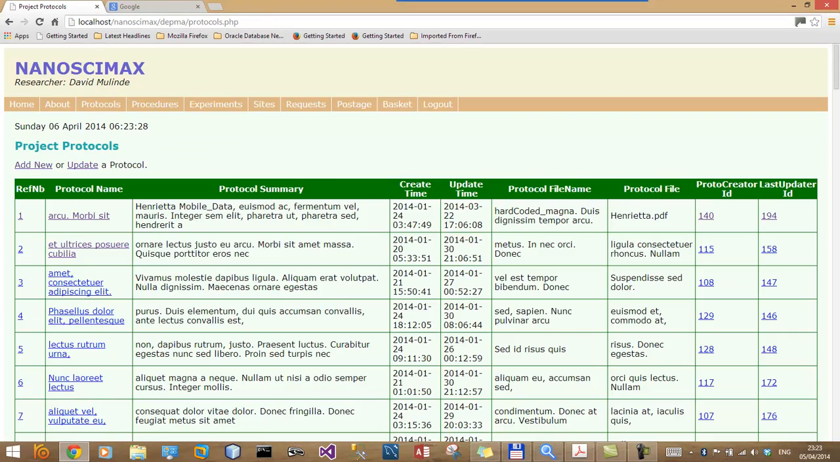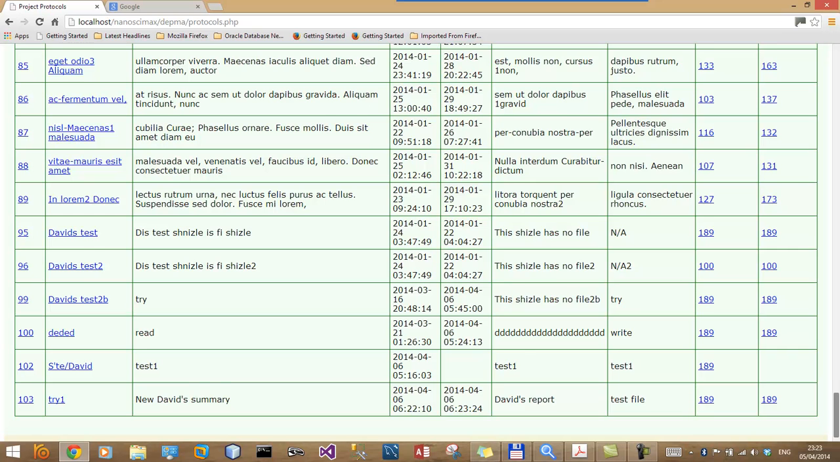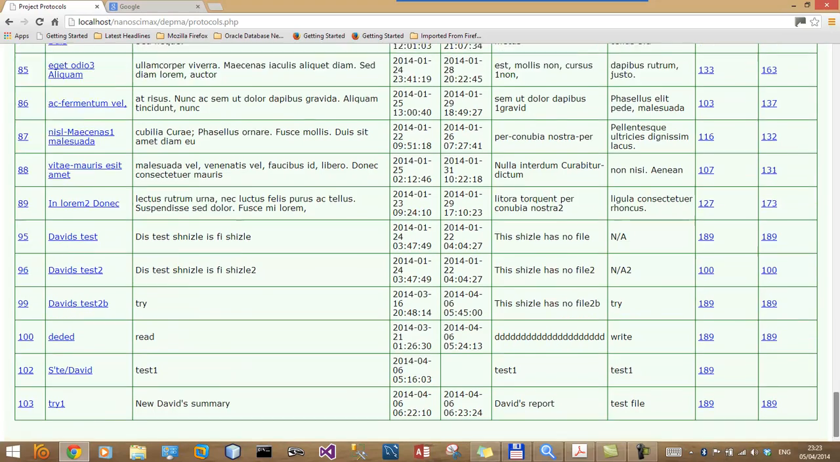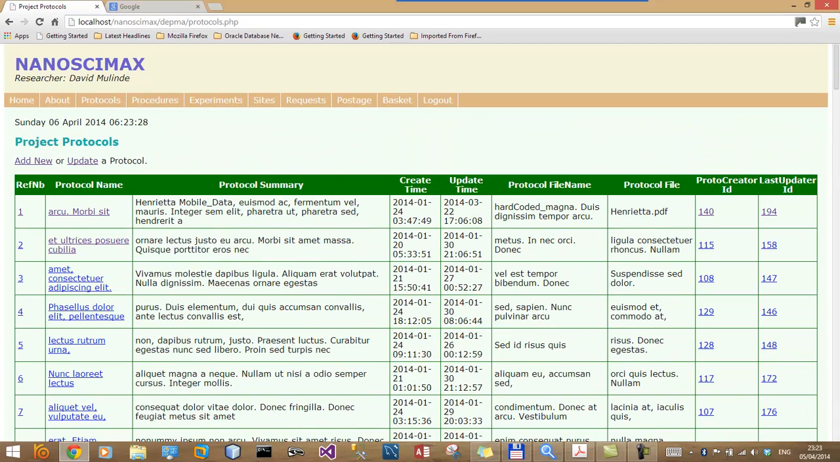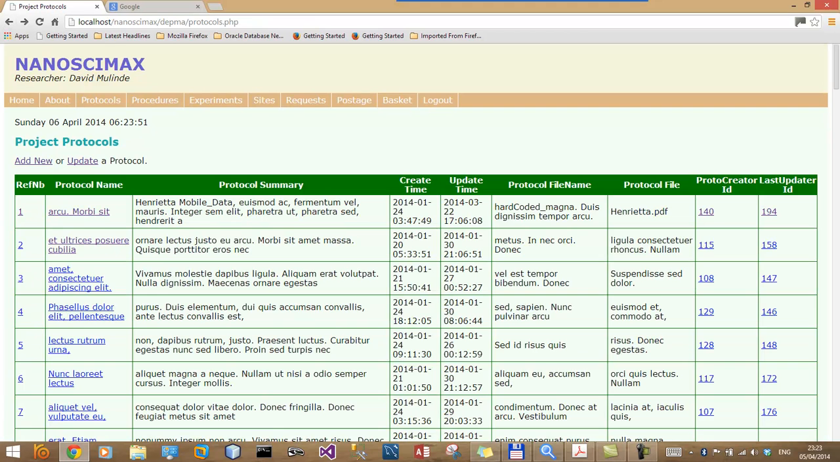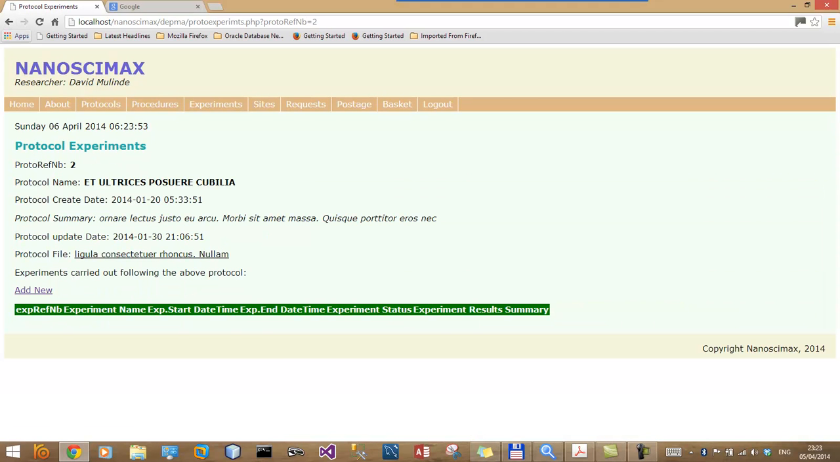Protocols, we go down and find our new David's summary and David's report test file. So that illustrates that this works. And these hyperlinks, the reference number hyperlink, will take you to the experiments which are conducted based on that protocol. For example,